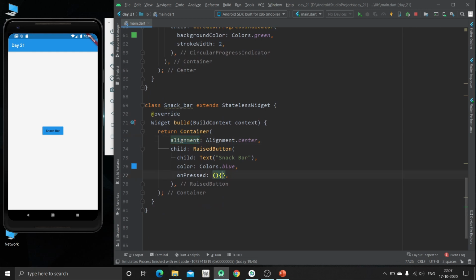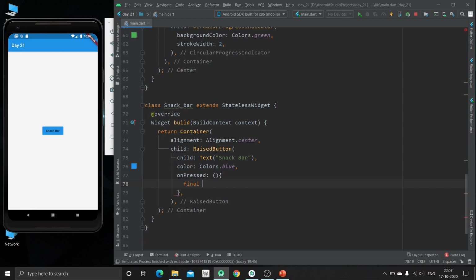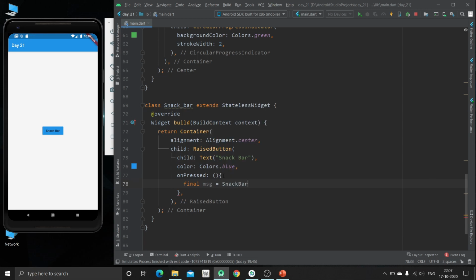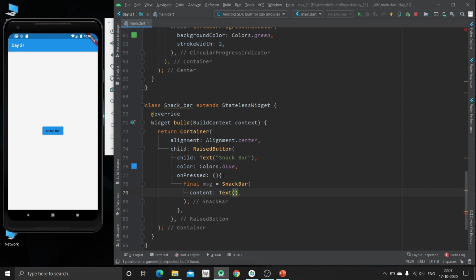Now inside this on pressed property, we are going to specify one variable, that is message, and we are going to use the snack bar. So here is our snack bar. Now inside this snack bar, the first thing we will use is content. So content is basically the message which will be shown.